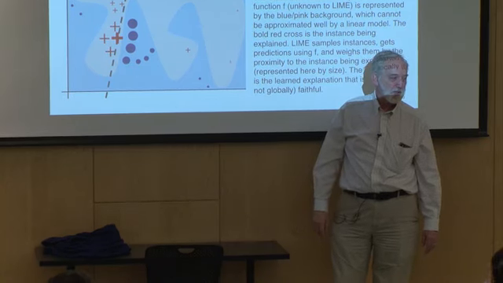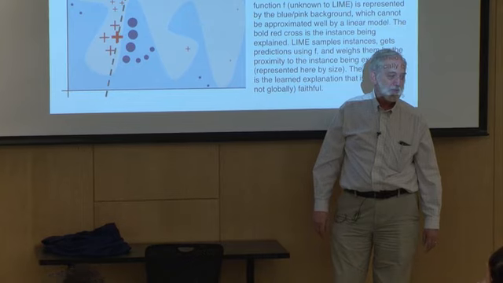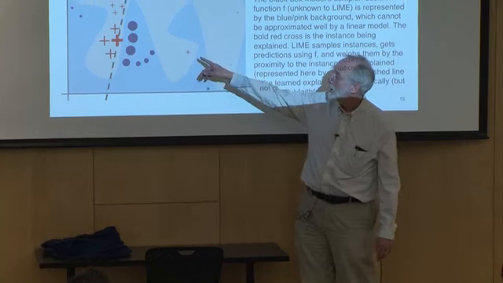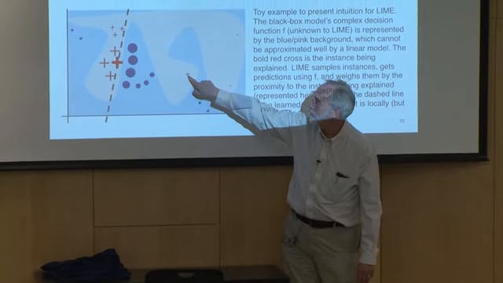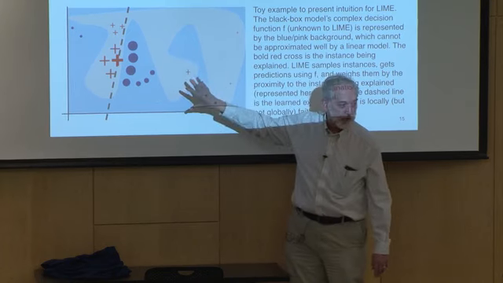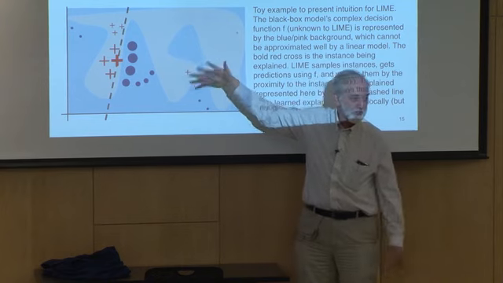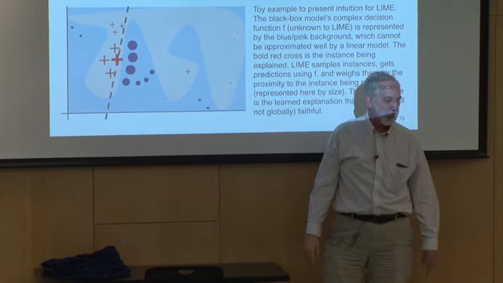Yes. And if they pick some point in the middle of the red space, then all the nearby points will be red, and maybe it's going to be harder to pick up. Well, but suppose they picked this point instead. Then they would sample around this point, and presumably they would find this decision boundary or this one or something like that, and still be able to come up with a coherent explanation.